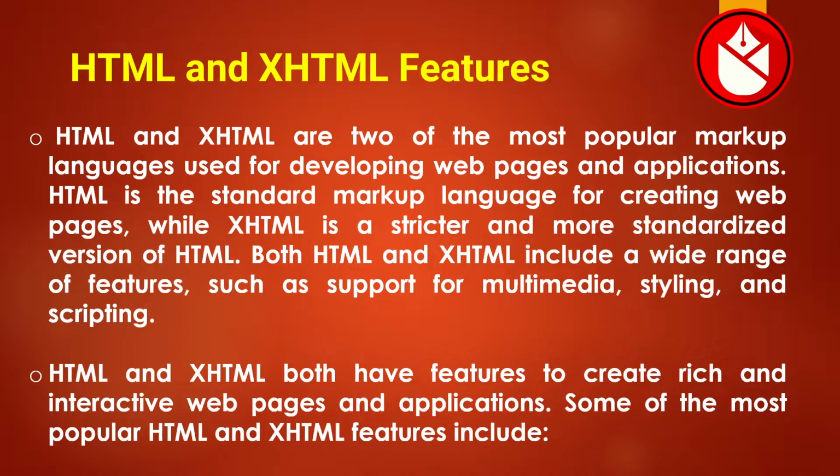Both HTML and XHTML include a wide range of features such as support for multimedia, styling, and also scripting. HTML and XHTML both have features to create rich and interactive web pages and applications. Some of the most popular HTML and XHTML features include